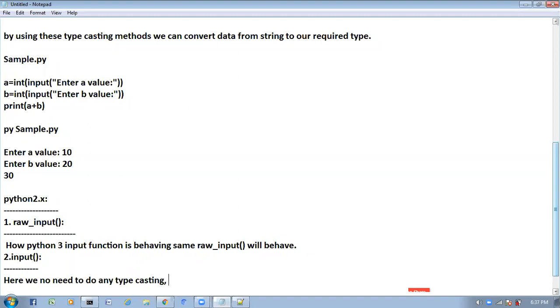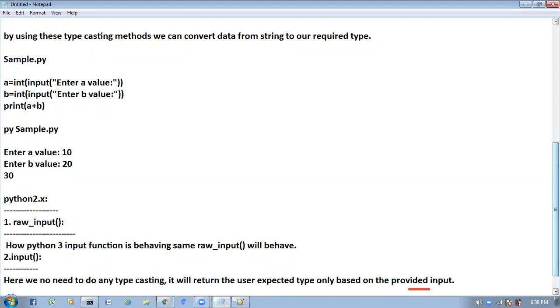It will return the user expected type based on the provided input. Whatever type of input the user provides, the same type it will return.